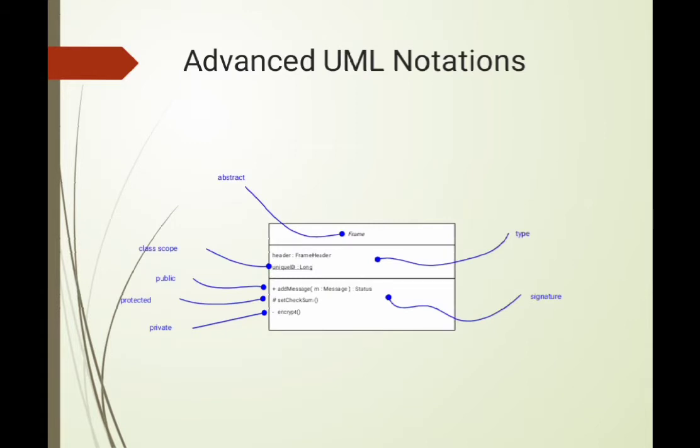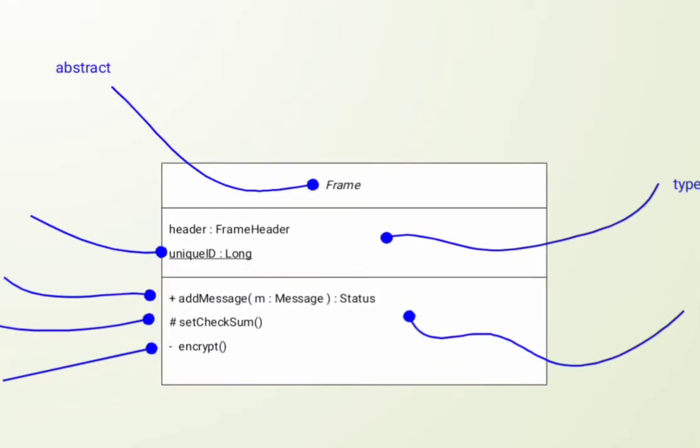As we know, a class consists of three compartments, that is class name, attributes and operations. Now we have to see the advanced UML notation for a class symbol, in which the same concept is used in advanced behavioral structure, that is class name, attributes as well as method name. But there should be access specifiers used in the method compartment, that is public, private and protected. Plus symbol indicates public, hash symbol indicates protected and minus symbol indicates private.